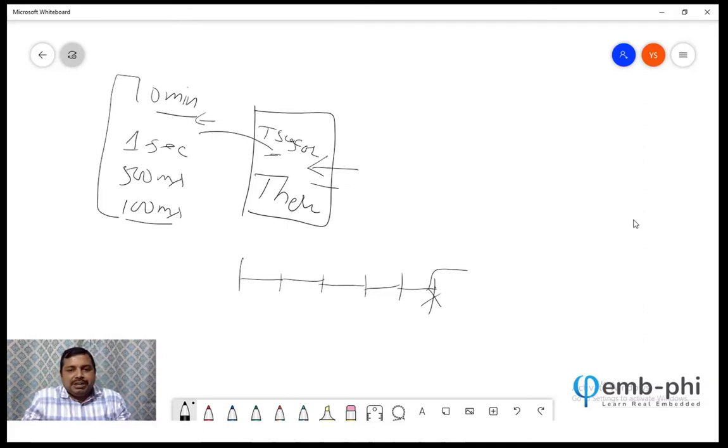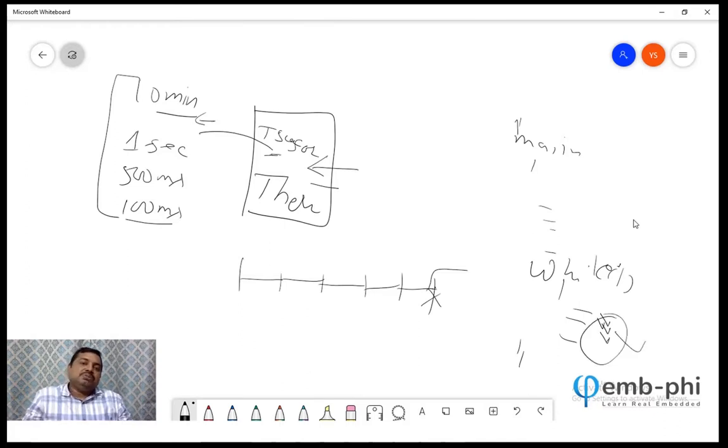And then when we are writing a program, in our main, you have not yet written in C, I know, but when you write in C, you will be writing like this: while(1). And in this place, you need to put something. If 5 seconds do this, if 10 seconds do this, if 20 seconds do this. This kind of program you have to write. Time controlled. You have to control the time. Understand?